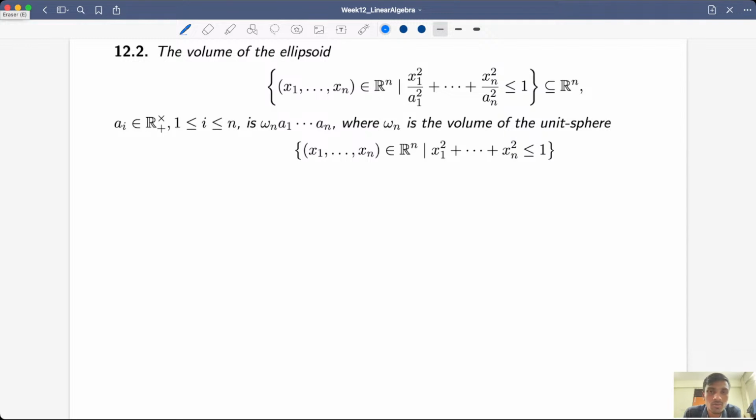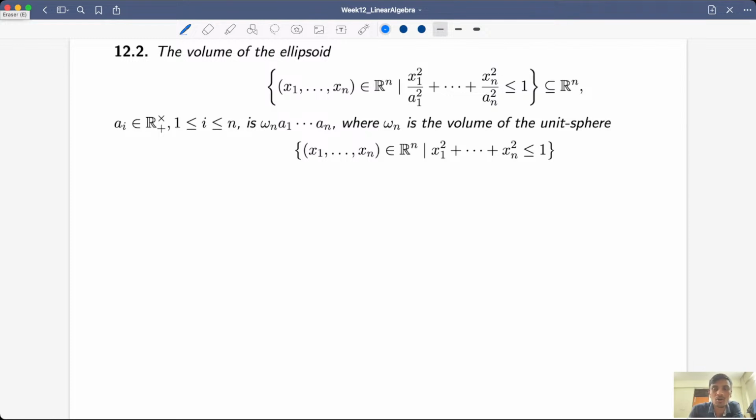So in general in R2, this is an ellipse. An ellipse is defined as x1 squared by a1 squared plus x2 squared by a2 squared equal to 1. When you put this less than or equal to 1, it is a solid ellipse. In Rn we will call such a thing a solid ellipsoid. So it has a volume, and we need to show that this volume is omega n times a1 a2 up to an, where omega n